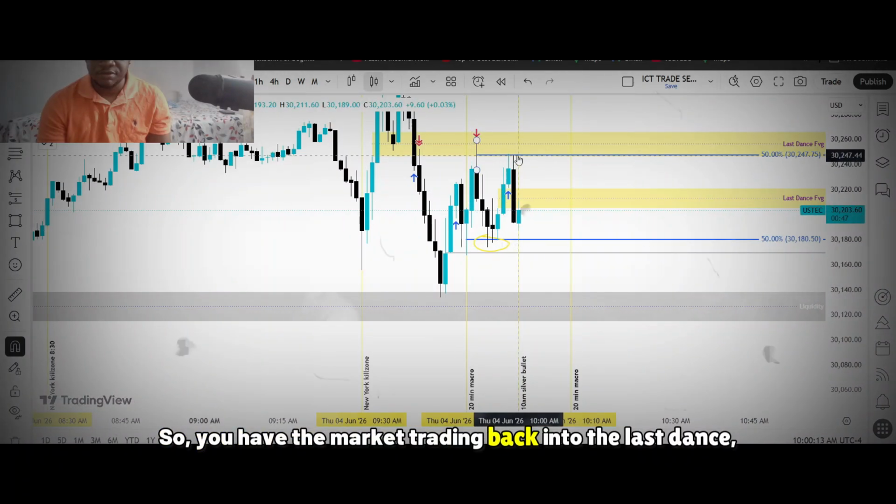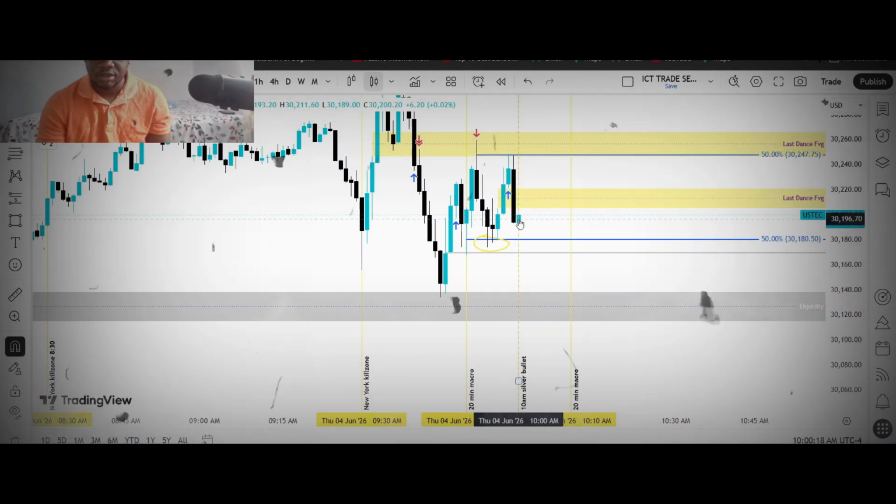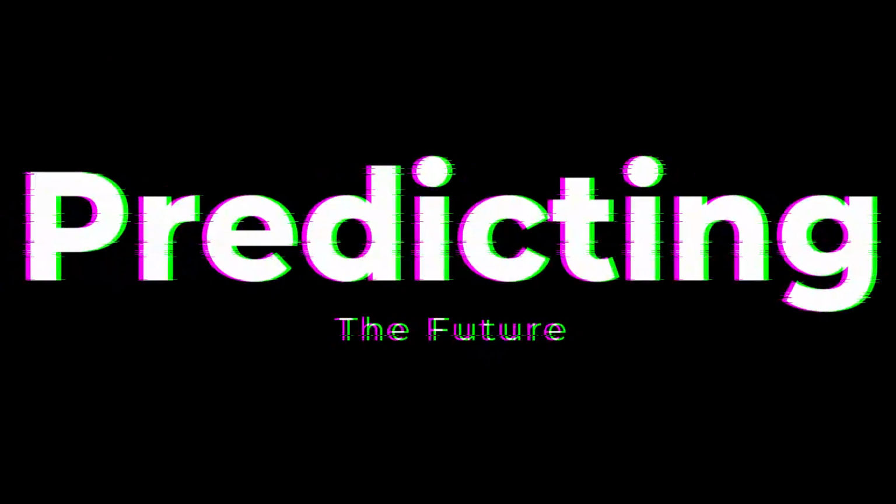We have the market trading back into the last dance, rejecting off of the midpoint of this wick. What we want to see is if it's going